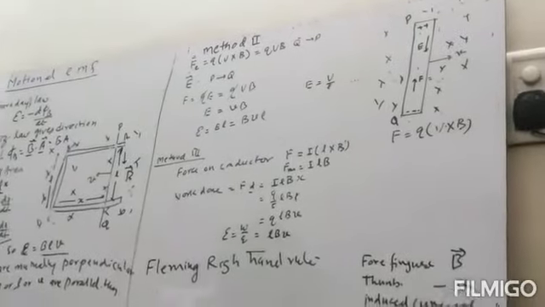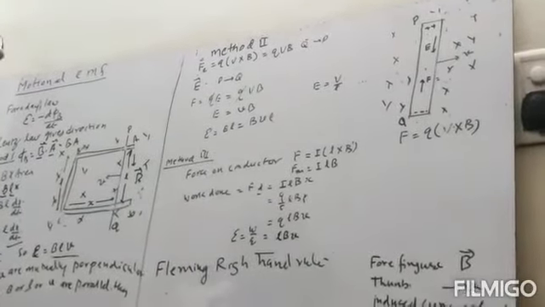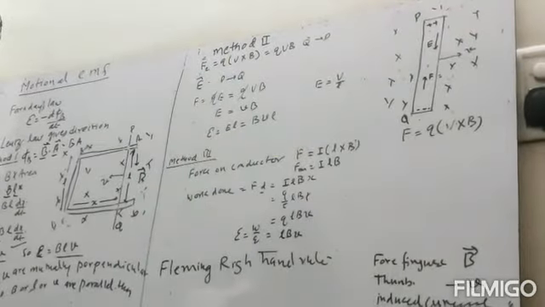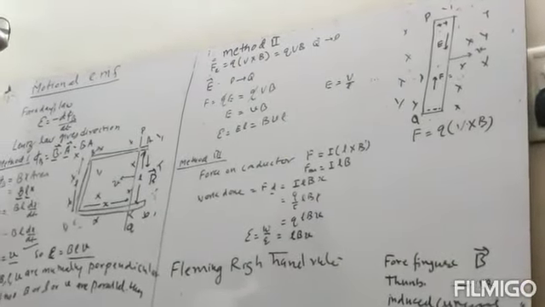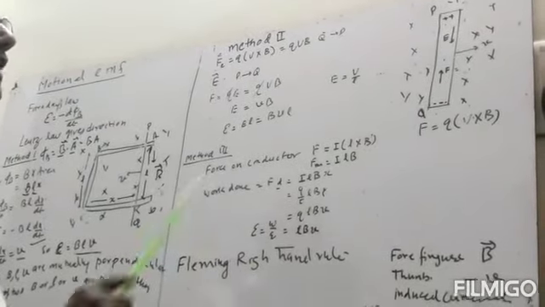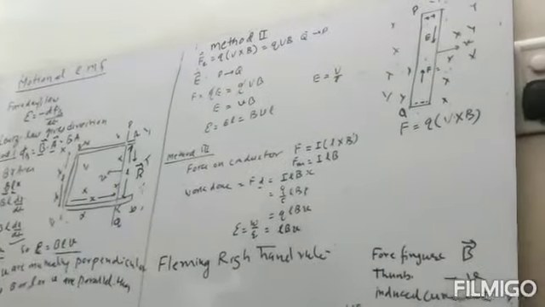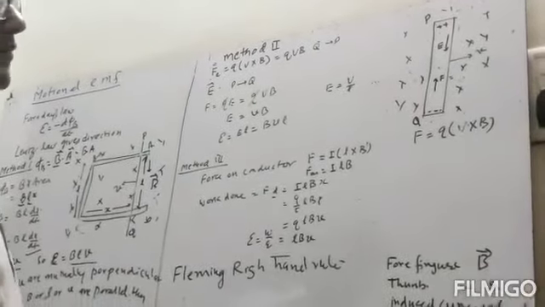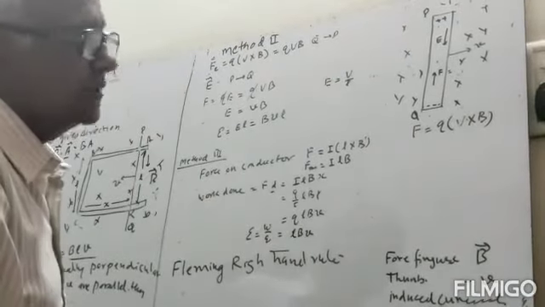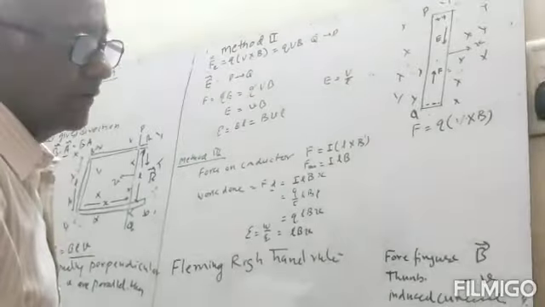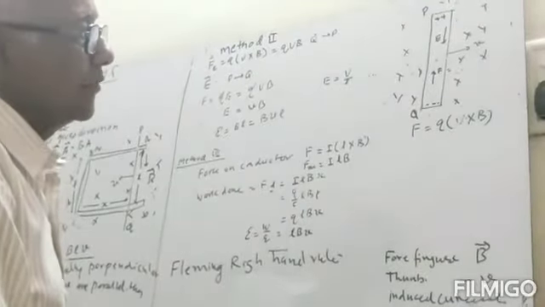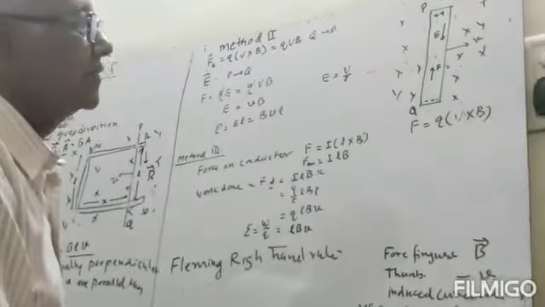Now here the essential condition is that both should be perpendicular to each other. Now method second. In method second, we again have a constant magnetic field which is pointed inside the board, perpendicular to the board. We have a rod PQ. Now when the PQ rod is stationary, then it contains positive charge and negative charge. It is neutral, so the total positive charge is equal to total negative charge.